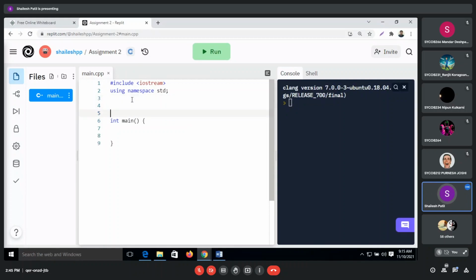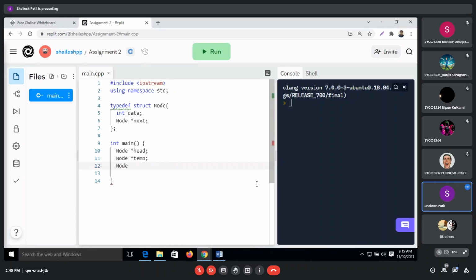I will create one struct node, and in the struct node I will create two values: data, and a typedef. So it will be node *next, that will be my pointer. There's an issue: typedef requires a name. Okay, so we'll create node *head, and node *temp will be there.